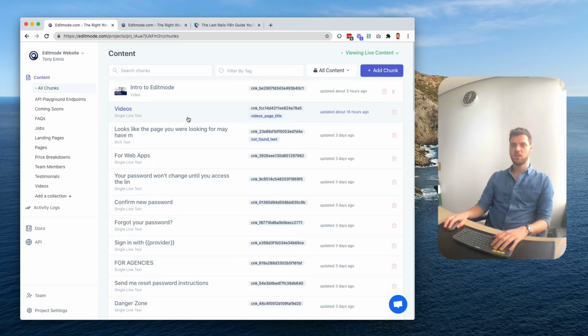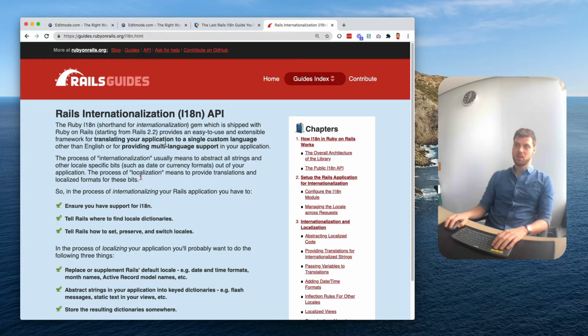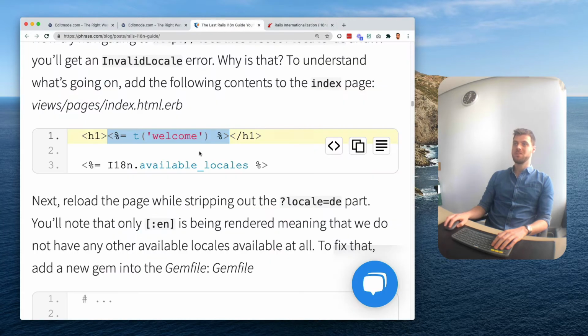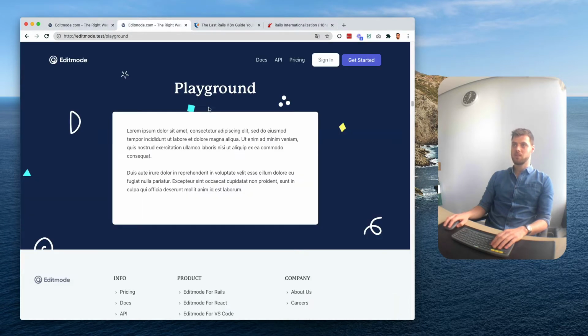Hey guys, in this video we're going to talk through the basic syntax for using Editmode with Ruby on Rails. The Editmode syntax is based on I18N for Rails, which is the internationalization standard. Anyone who's used this before will be familiar with this syntax, which is a lowercase t that goes inside of your Rails views. So if we take this page as an example, which has a page title,